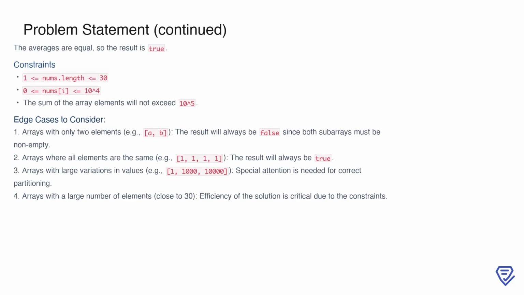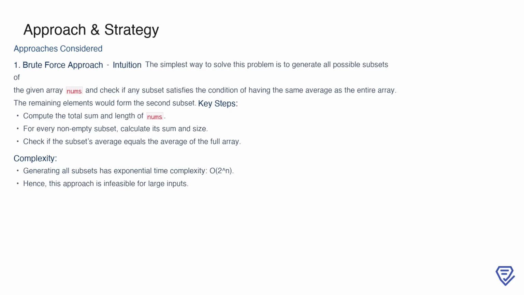When all elements in the array are the same, for example, 1, 1, 1, 1, the result is always true since any split will yield the same average. For arrays with large variations in values, like 1, 1000, 10,000, careful partitioning is required. Finally, when dealing with arrays close to the maximum length of 30, ensuring the solution is efficient becomes crucial due to the computational complexity. To start, let's consider the brute force approach as an intuitive but straightforward way to tackle